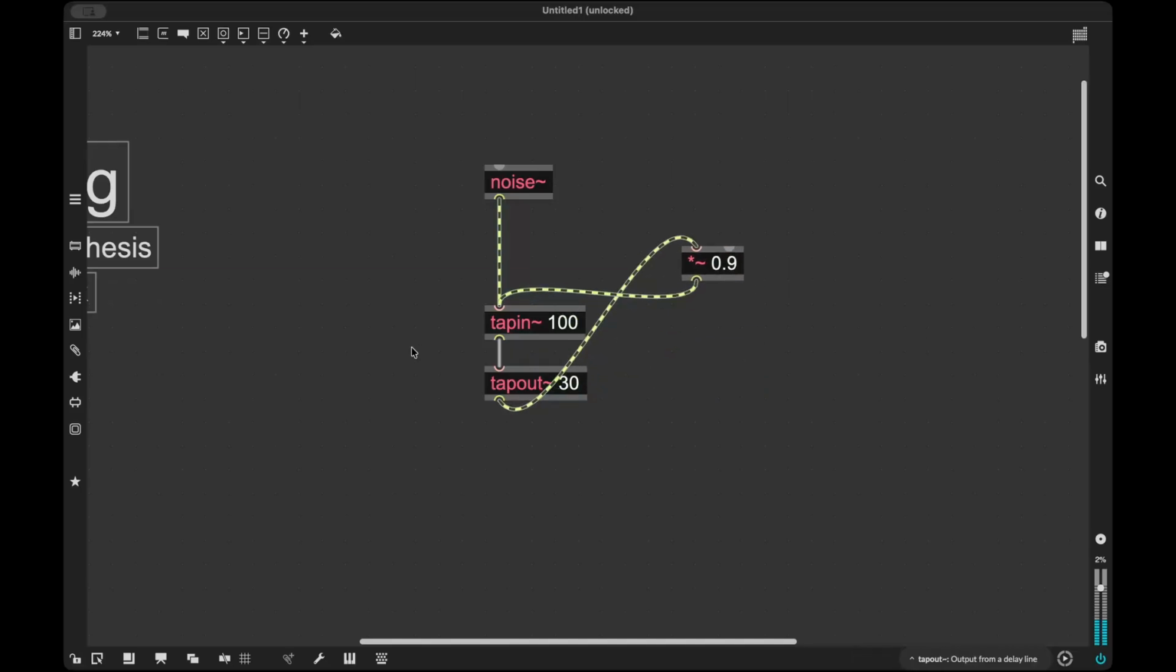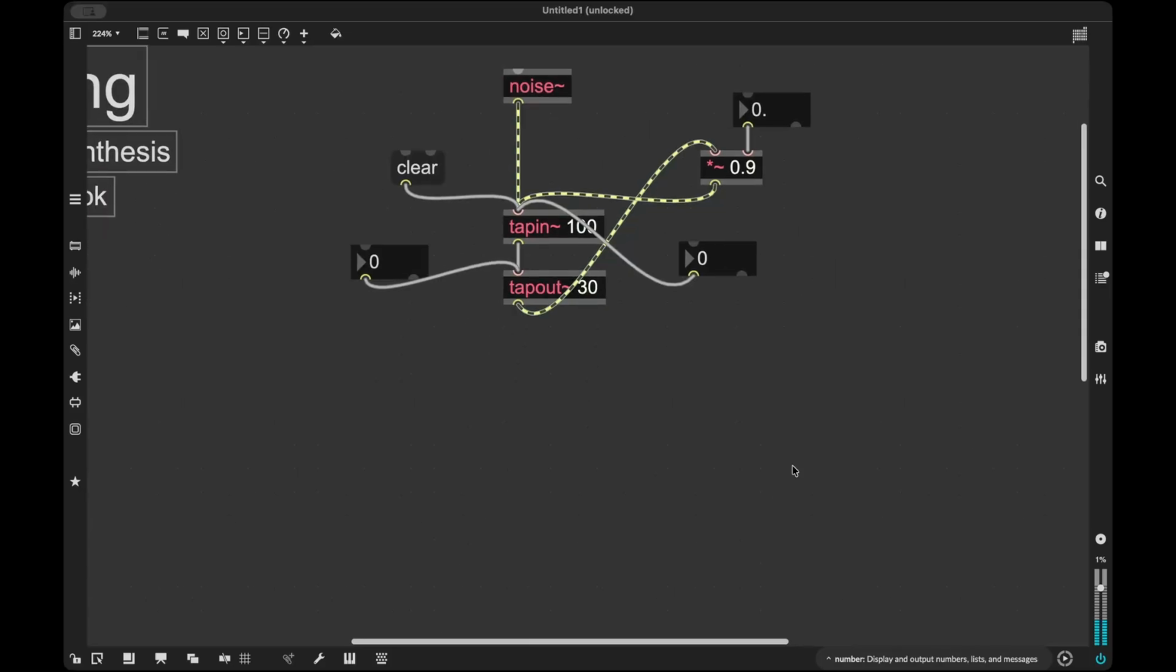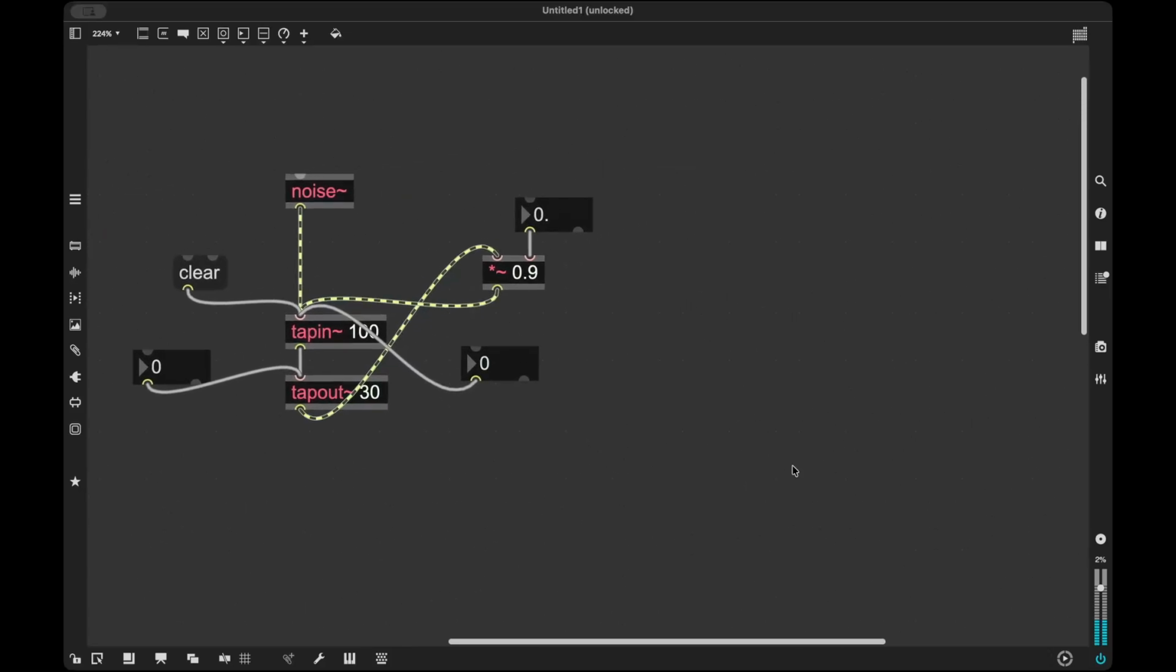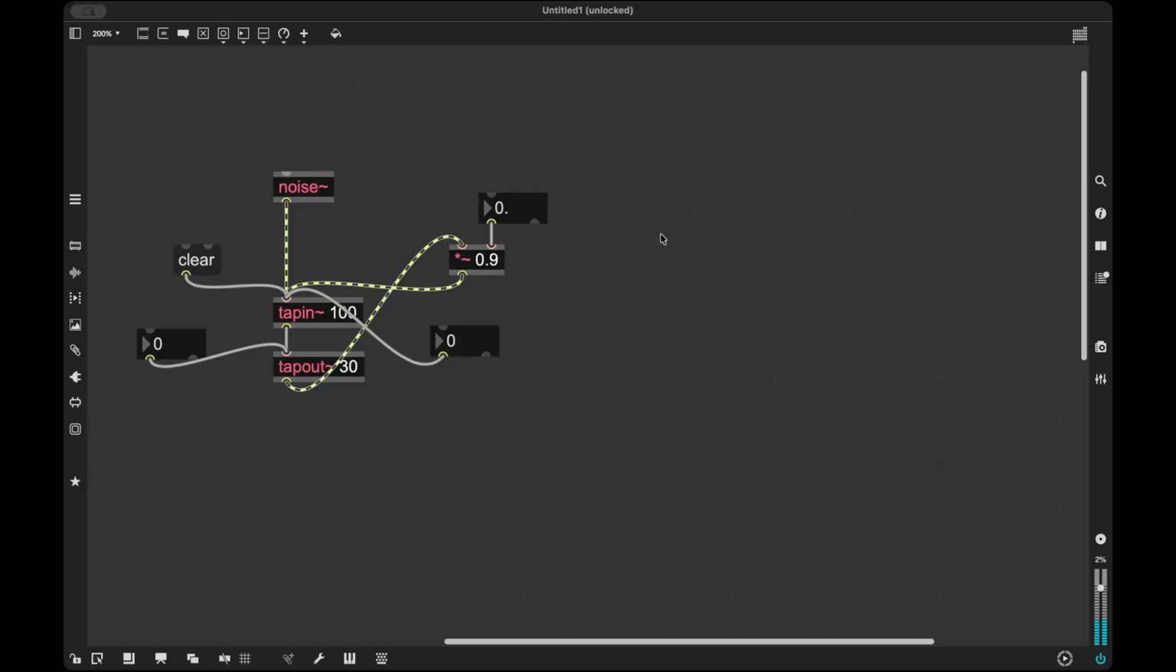I'm going to give it a message of clear so that we can reset the feedback. I'm gonna give an integer to my tapout, another one to my tapin, and a float to my multiplication object here. So now what I need is an envelope, which I can build by using the function object